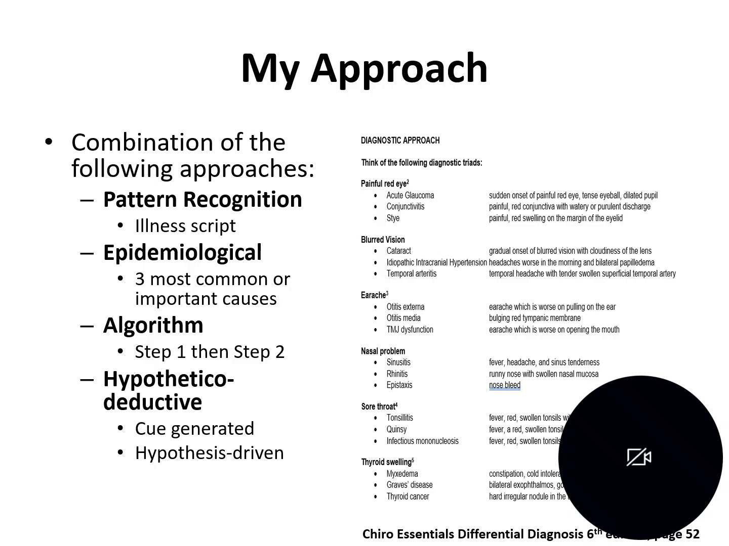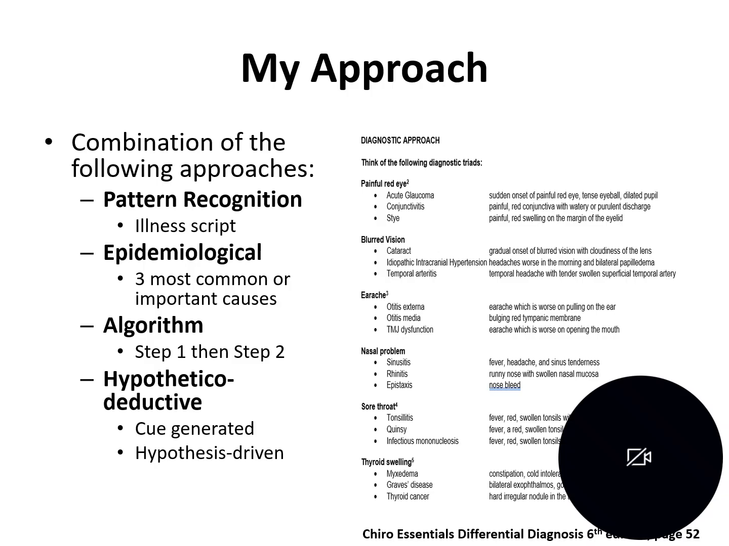The steps are 1, 2, 3, 4, 5, 6 steps. You start off first with, is the complaint of the patient red, painful eye? If the answer is no, you go to the next level. Is there blurred vision? If there's no blurred vision, you go to the next level. Is the problem an earache? Yes. And then we go, is it related to otitis externa? If there is no